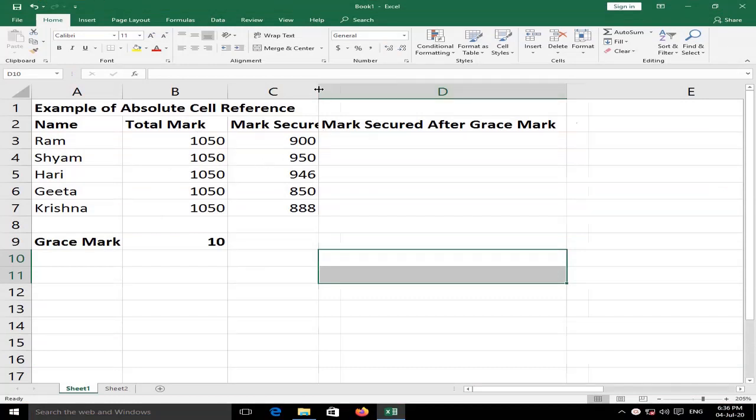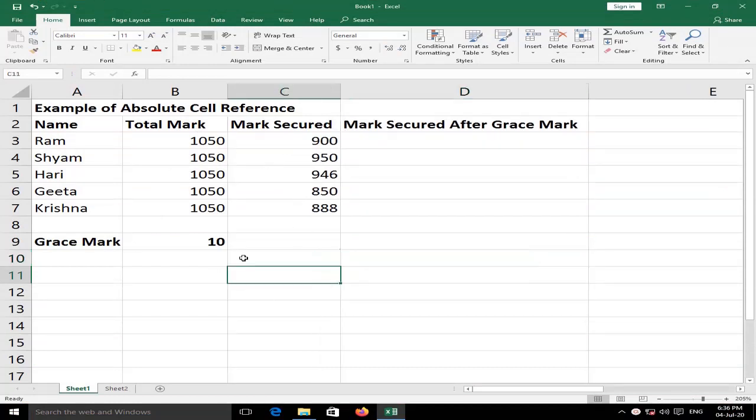I have already designed a worksheet with name of the students, total mark, mark secured, and another field, mark secured after grace mark. Grace mark will be given 10. So you have to write the formula here so that 10 marks will be added to the mark secured.